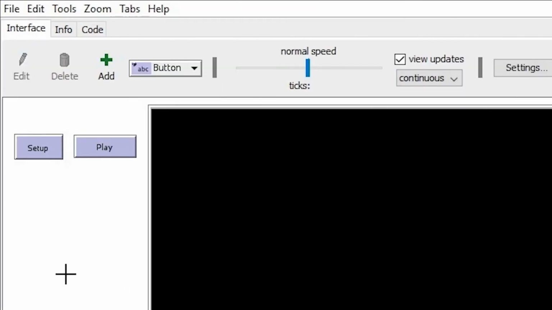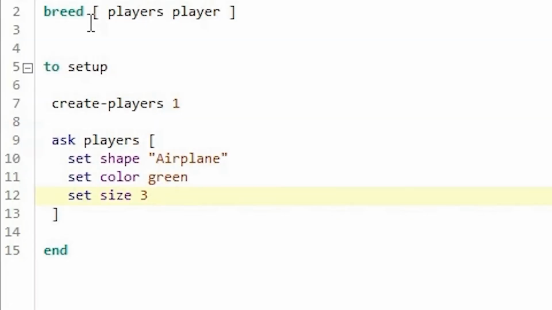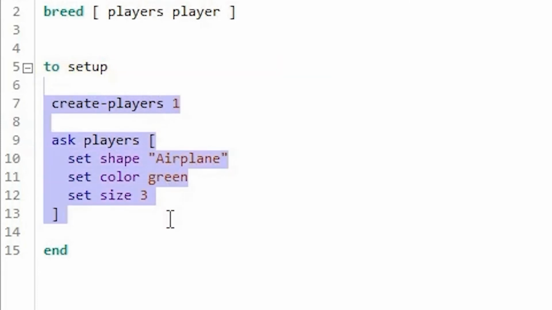So that means when I press this setup button, it's going to call this procedure called setup, and it's going to do these things. Now let's see what happens when I press the setup button. So now you can see something appeared here, green color, and a portion of it appears here, again green color.